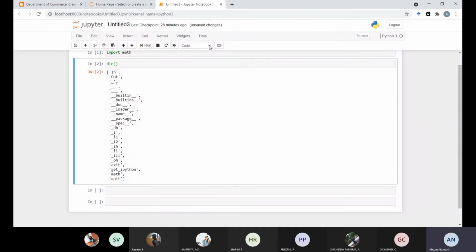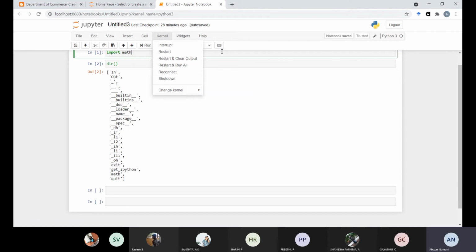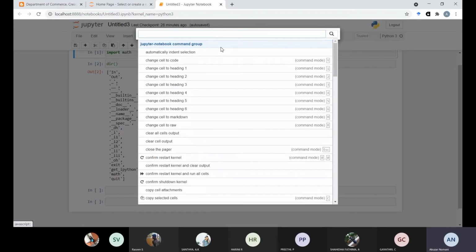Okay, then this is one more hot button, the code button. Then the code button is what we have seen in the cell menu and in the kernel menu. Okay, so the same thing is there also, so that you can make use of Python very fast. Thereafter, this opens the command palette. If you click this, this is the command button, and with the help of keys you can give commands to the Jupyter notebook to run your functions.